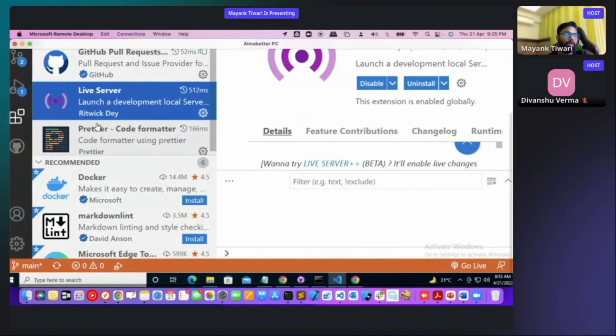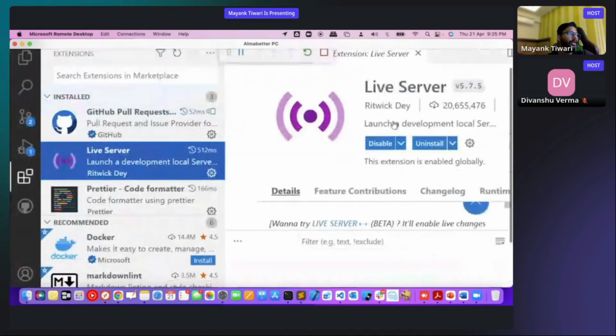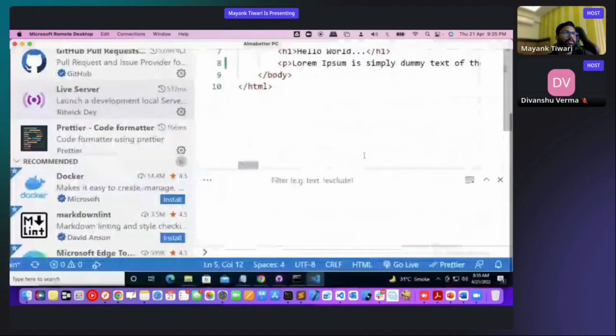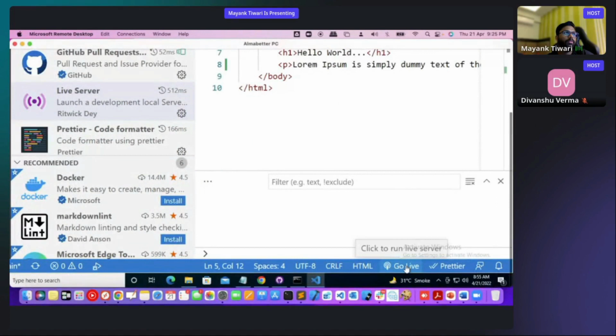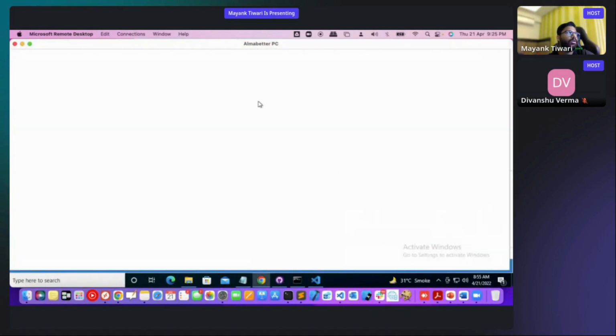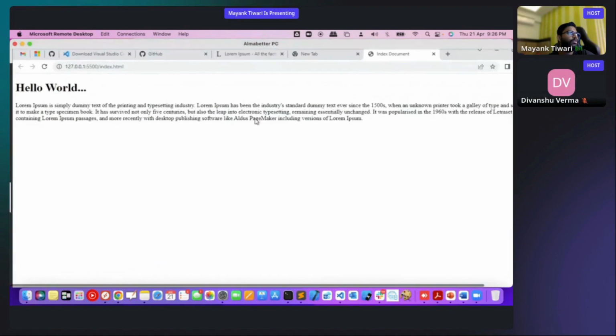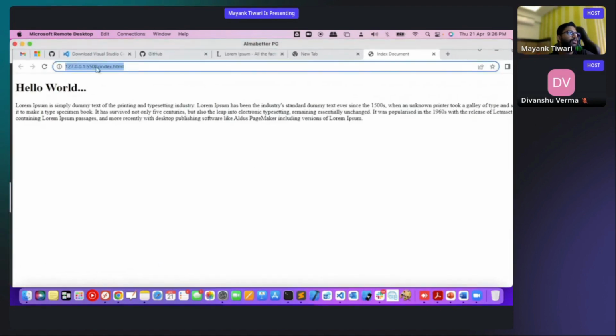Can I click on this now? Hold on, let me close this and go to index.html. Let me go to the Go Live option. See, I'm clicking the Go Live option. Is everyone able to see that? Same page, but now opened with